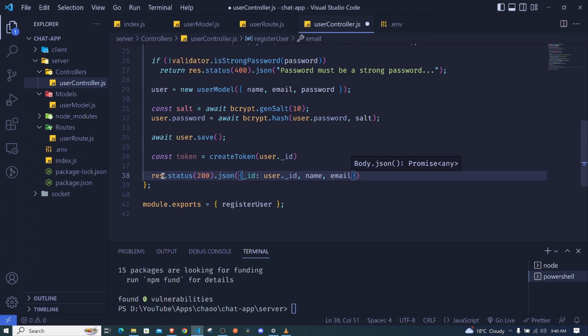We will not send the password. The password should be a secret, shouldn't be visible on the front end. The other thing that we will send is the token. Okay, and then after that,